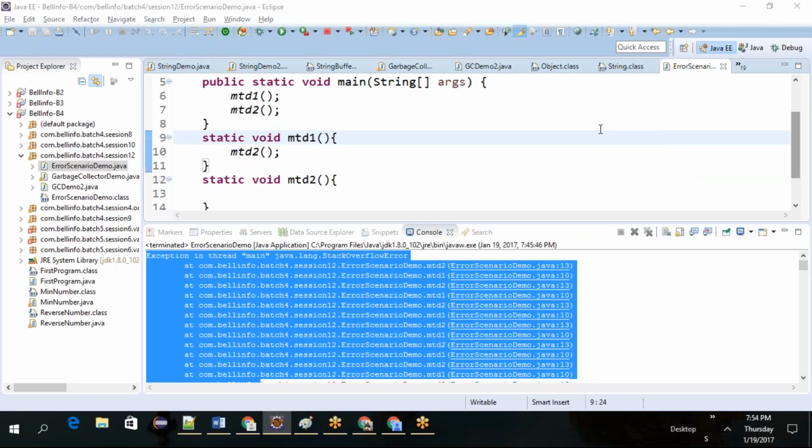Okay, so what we're talking about here is stack overflow error. Another kind of scenario is out of memory error. In out of memory error as well,